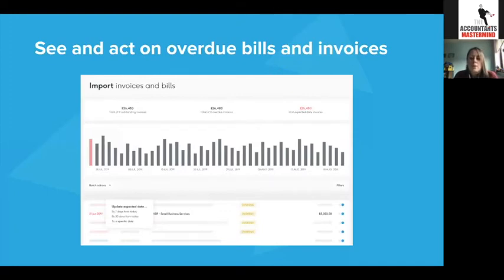The other thing that we have in Float is being able to see all of your overdue bills and invoices at a glance, and able to update your expected dates. And really this is where the cash management side of things comes into play with Float as well. So if you have a conversation with a business owner and they say, oh, this big customer isn't going to be able to pay me next week now, they've just said they're not going to pay me for 3 weeks, you can go into Float, make that change and see the impact